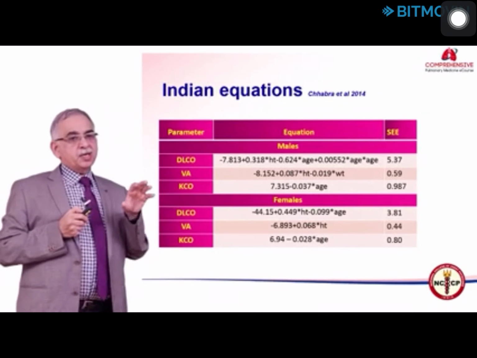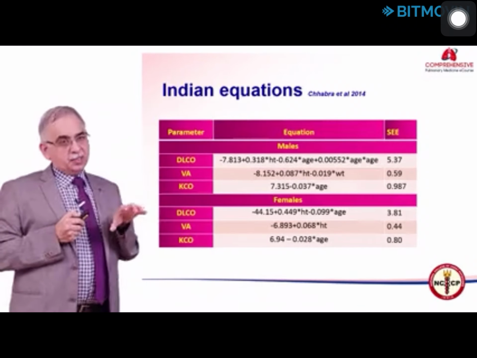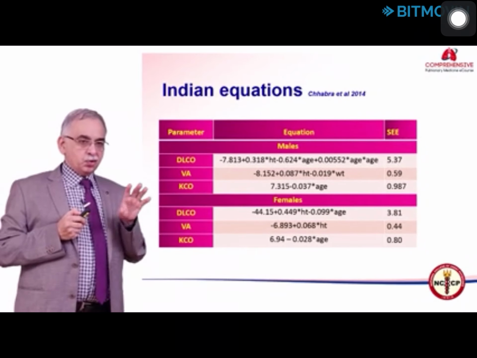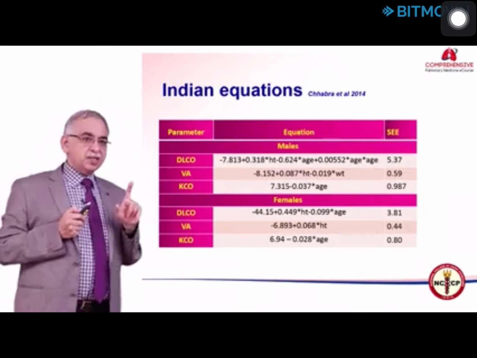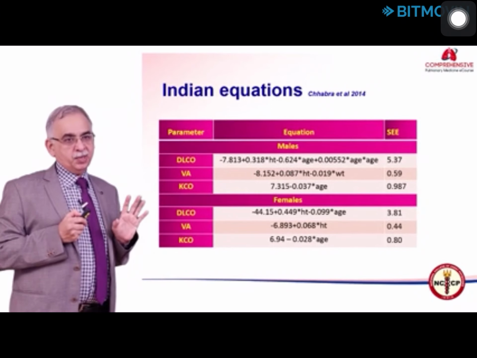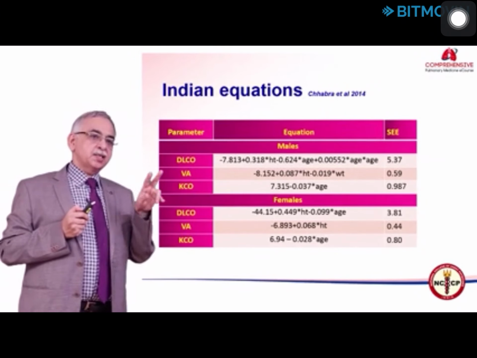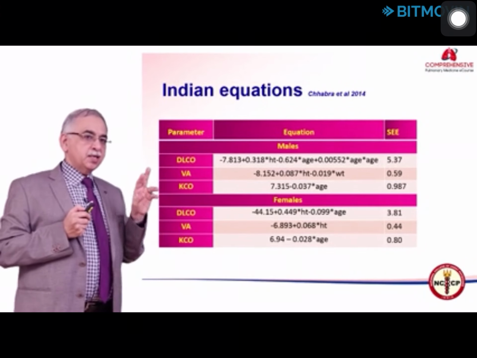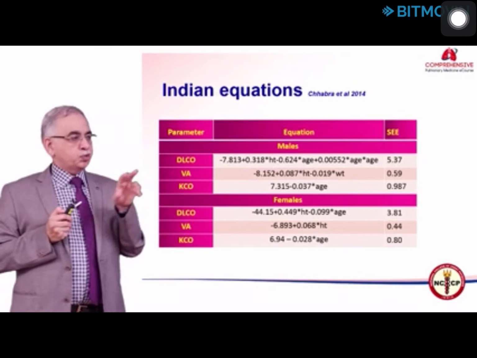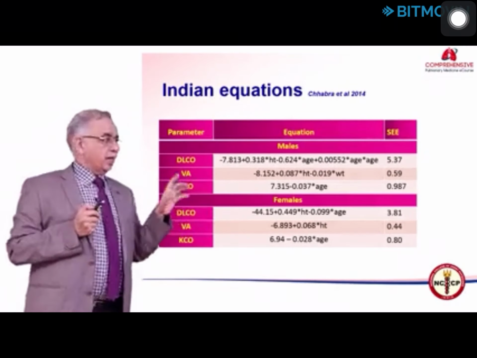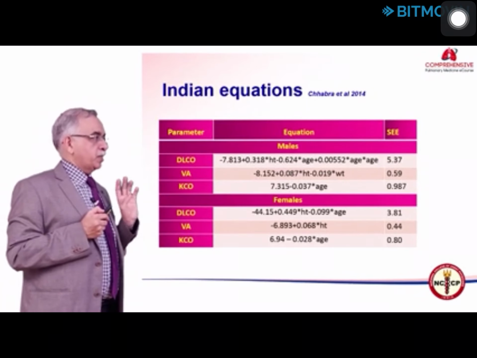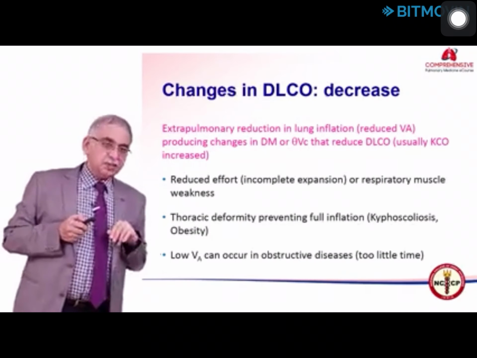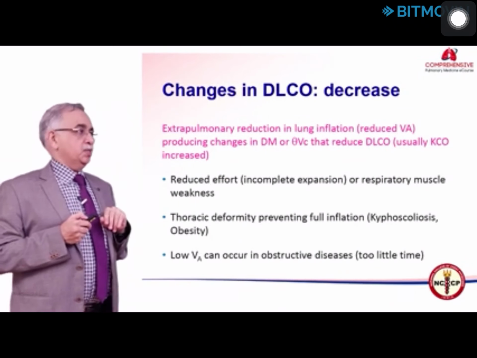Values which are above the upper limit of normal are increased. Unlike spirometry, diffusion capacity can be reduced, normal or increased. In spirometry, there is nothing like an increased spirometry value. So, in spirometry, we have 2 categories, reduced and normal. In diffusion capacity and in lung volumes, we have 3 categories: reduced, normal and increased. Therefore, defining the lower limit of normal and the upper limit of normal are both required, and for this the standard error of estimate is required. Now, let us see the conditions in which diffusion capacity is altered.